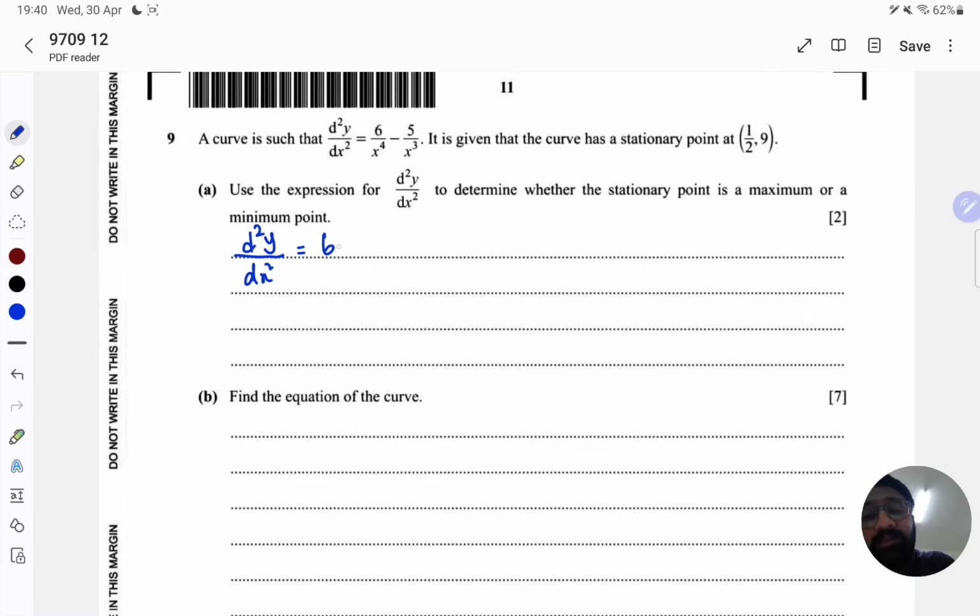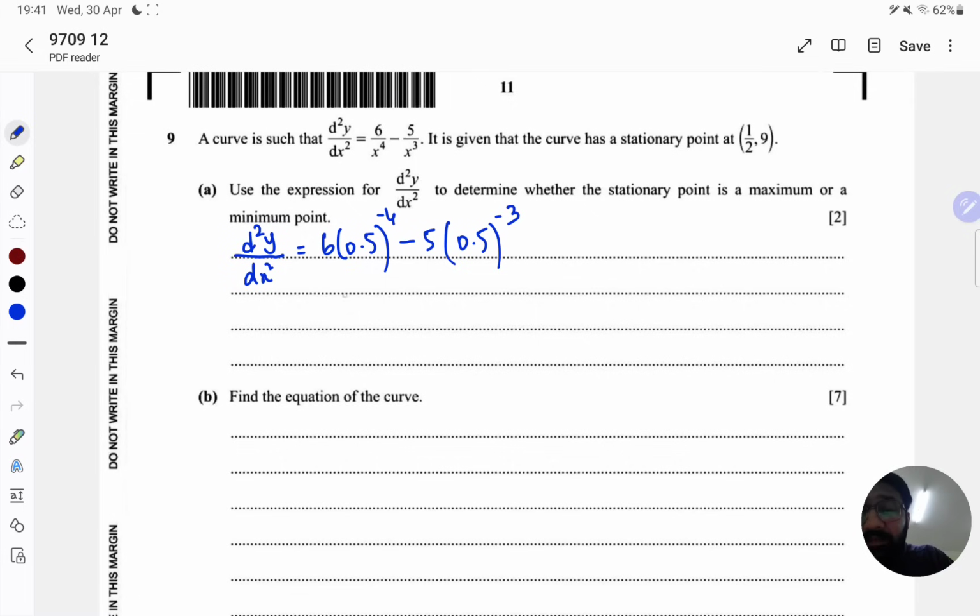So we substitute 0.5: 6(0.5)^-4 - 5(0.5)^-3,